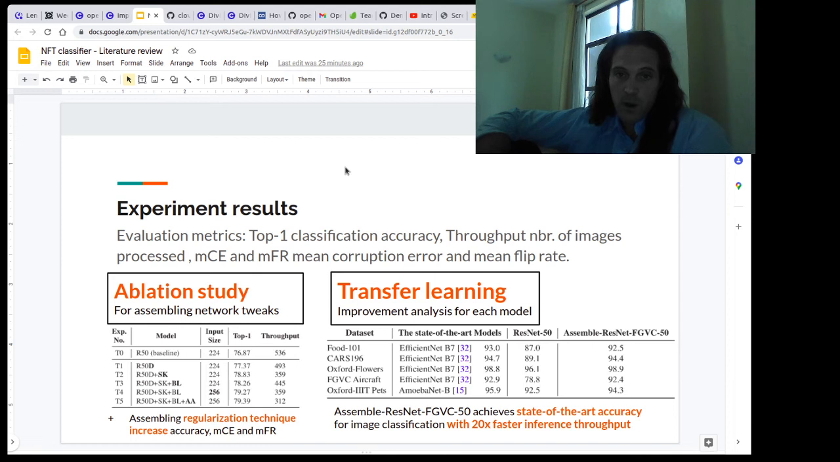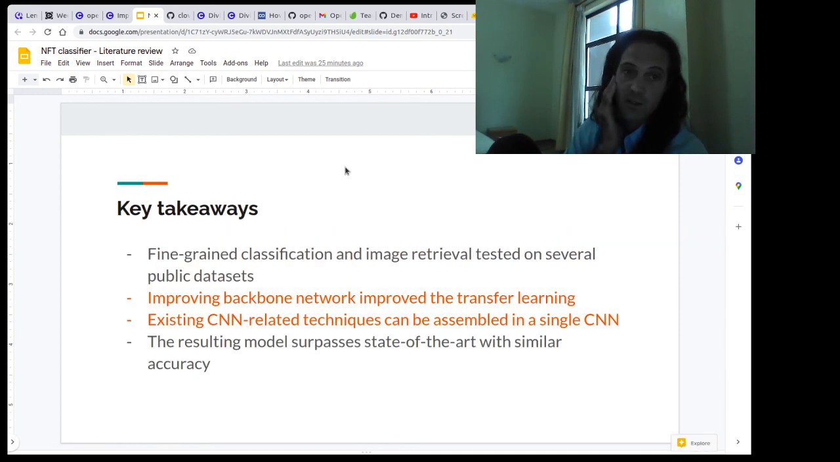And for the transfer learning analysis, as we can see, using a complex model and transferring the knowledge to a simple one is also showing similar accuracy for image classification, but increasing the inference throughput by up to 20 times. So very great results. The key takeaways of that article is that fine-grained classification and image retrieval were tested on several public datasets,